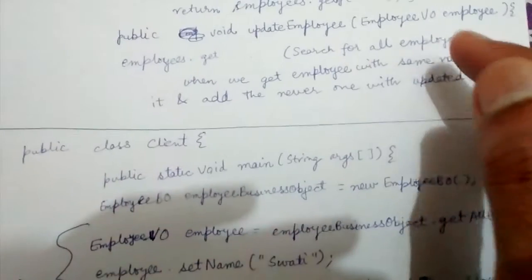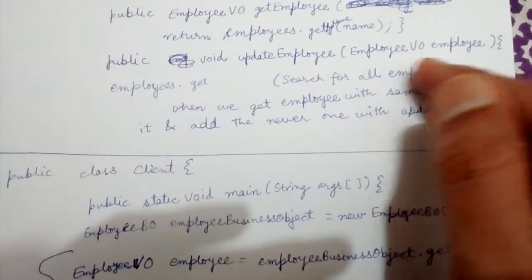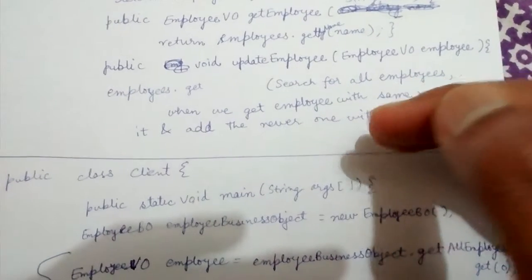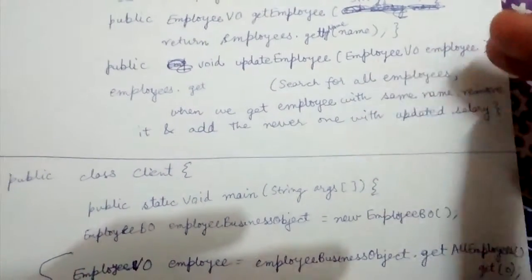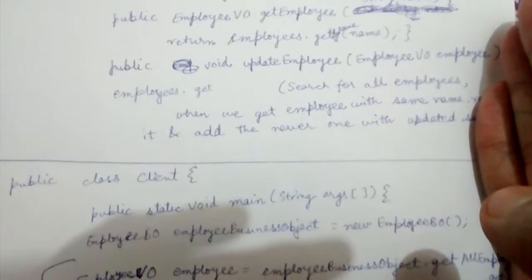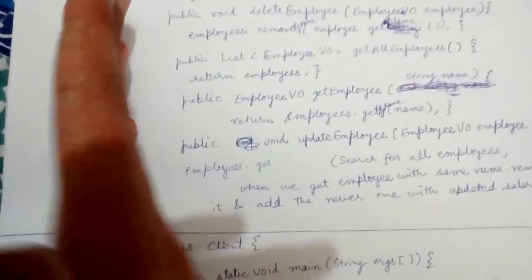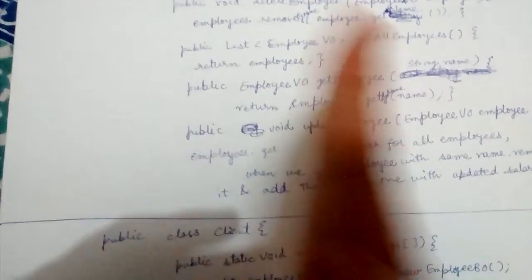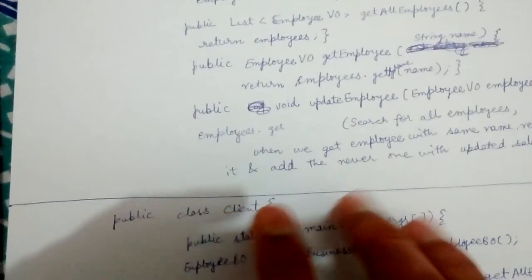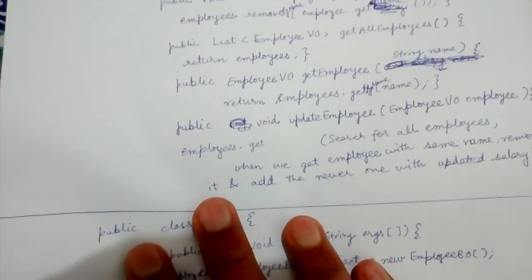So the client also communicates to the server in the form of this POJO, populates this POJO and gives it to the server. Hence, this way the client transfers information to the server. So client to server transfer of information takes place through POJO. And as you have seen, get employee and get employees are server to client information. The client asks for all the employees from the server, and the server returns all the employees to the client. So the server also returns the information in the form of employee VO objects.